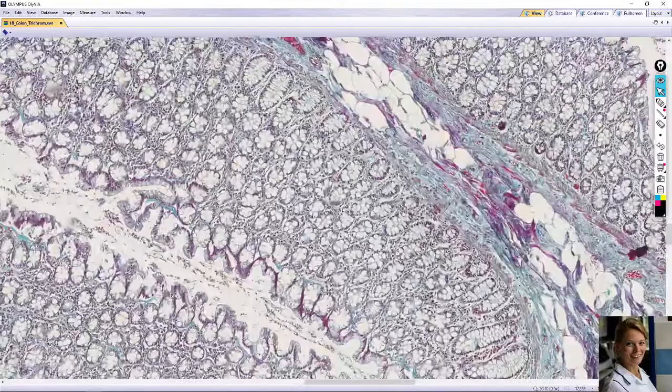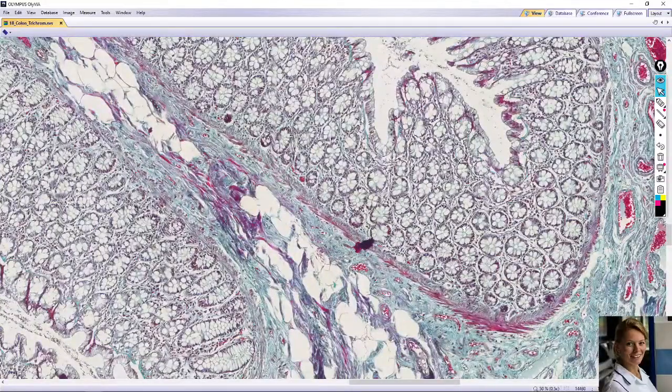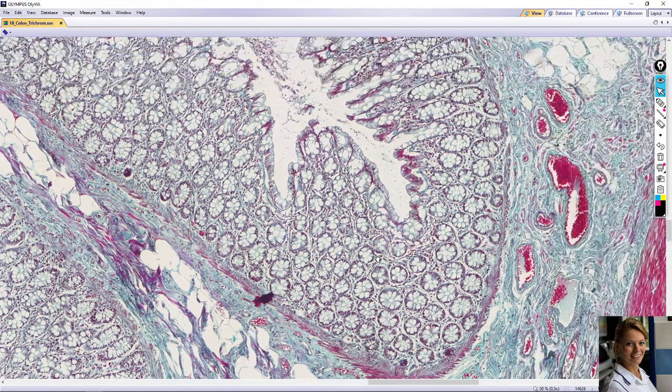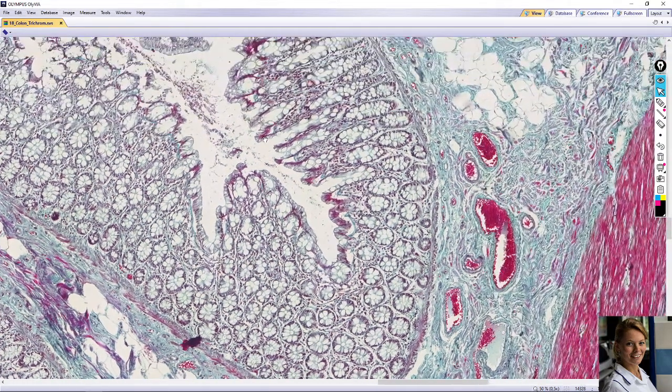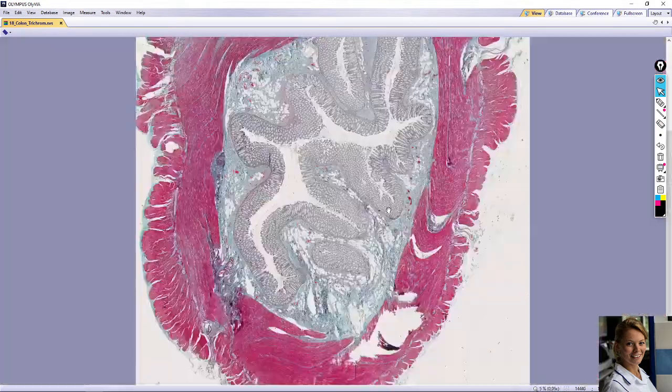For example, here this is the cross section of the intestinal glands, or crypts of Lieberkühn, and this looks like a flower. So this is the same structure. It's here. This is the longitudinal section, and this is the transverse section of intestinal glands.